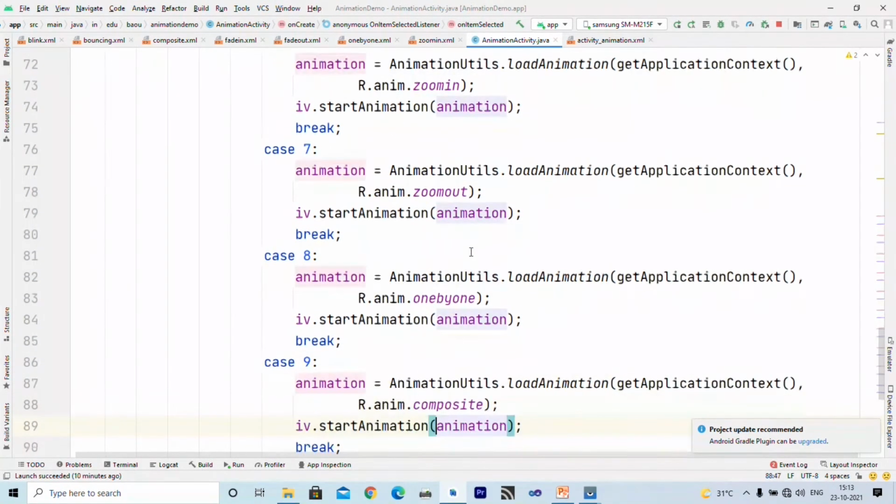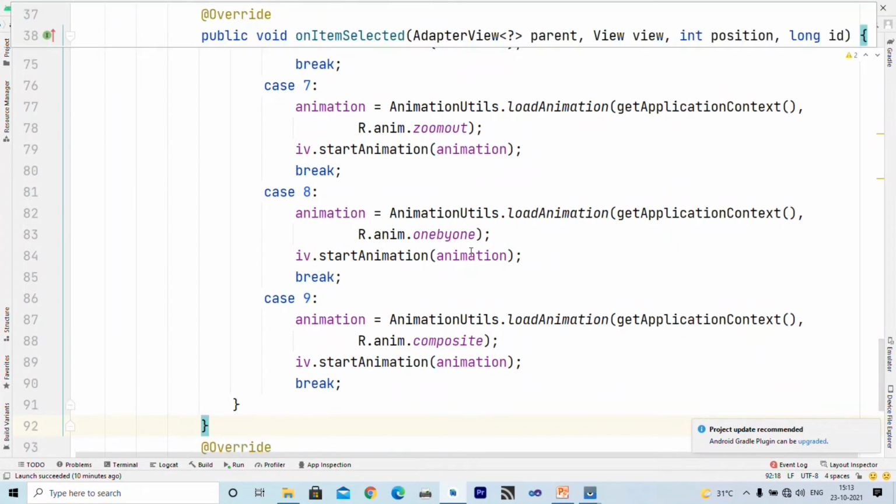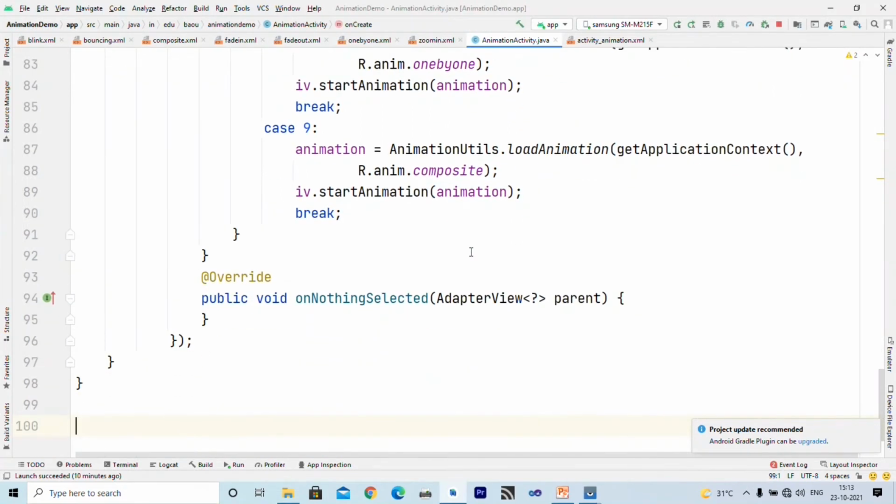So inside different cases we specify different XML resources which are responsible for the animation. This code is very easy to understand.